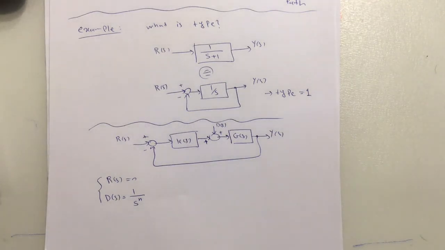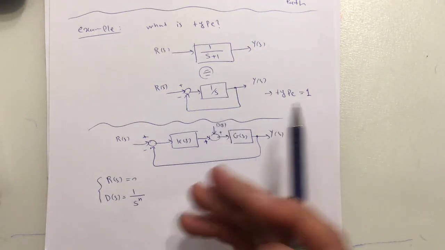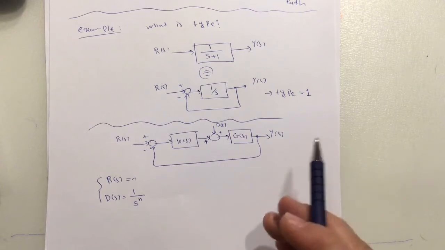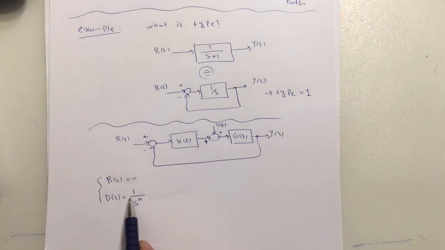So you have a constant disturbance because it just switches off and on. In that case, we have D of S equal to 1 over S. But in general, D of S is 1 over S to power n, according to the theorem,